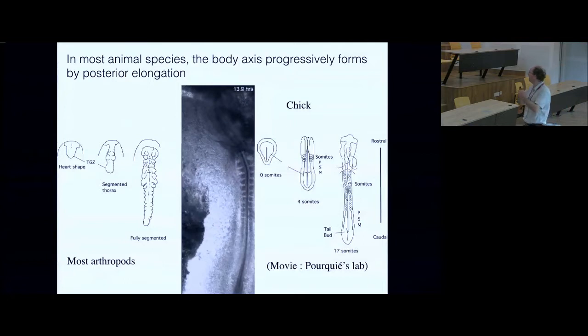All vertebrates develop like this. All go through this extension of the tail bud and formation of vertebrae. It's very, very well conserved. The precursors of segments in vertebrates are called somites. In case I use this word later on, this is the term. Somites are the future vertebrae. Somites and vertebrae are not exactly the same thing, but if I say somites, you should think precursors of vertebrae.